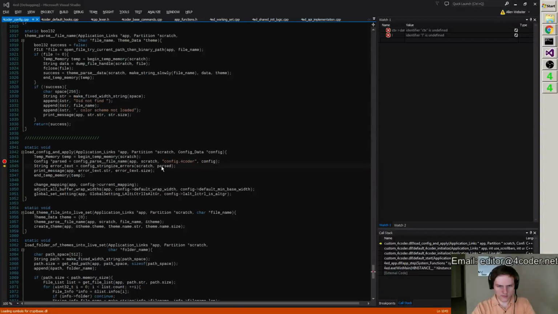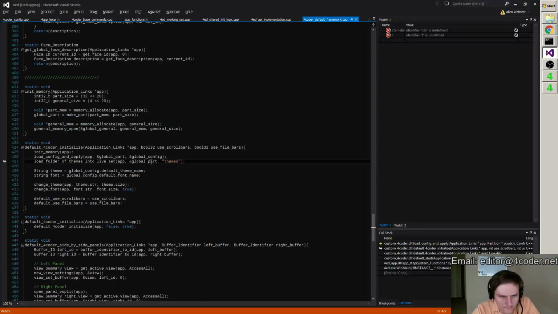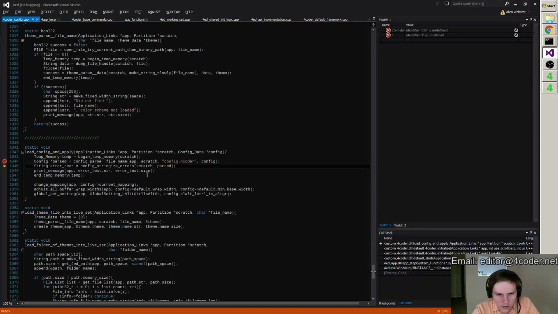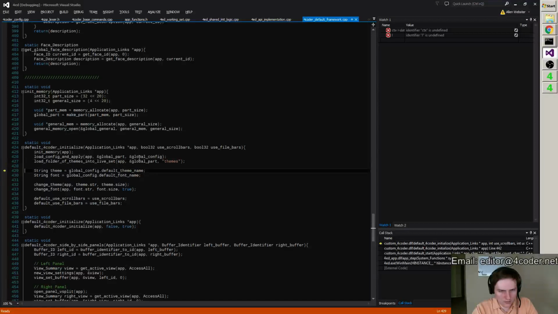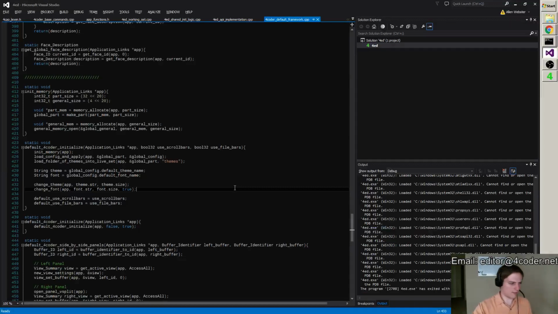So here's the config. No, that's just coming right out of the global config, so that should be set correctly. We print an error message, we do some of these things. Alright, global config says, ooh, size of 0 though. Well, that's the problem, but why is that happening? And when did that happen? I didn't notice that before.